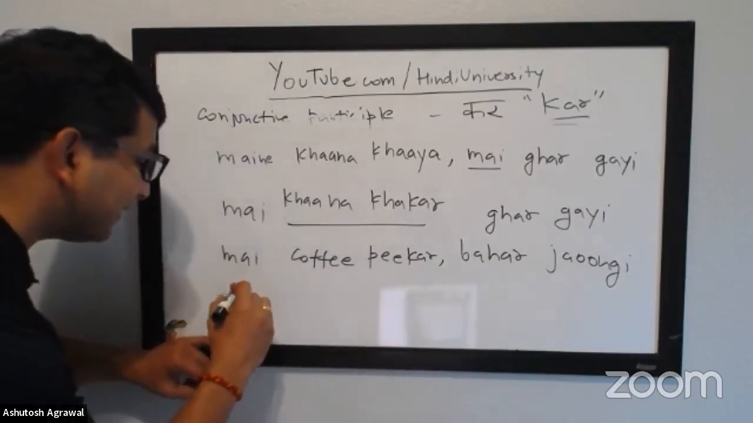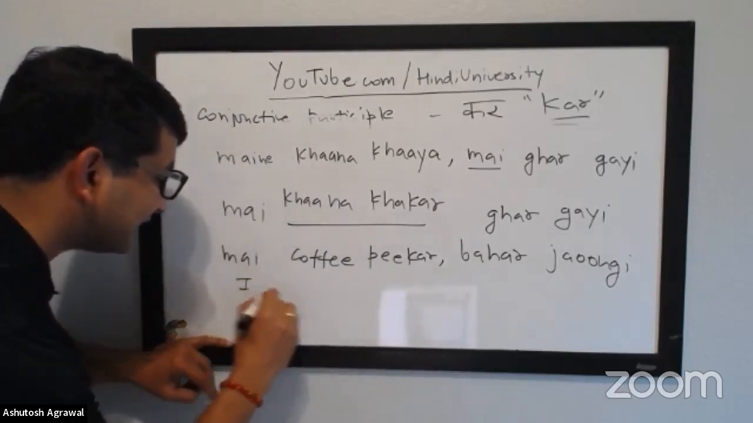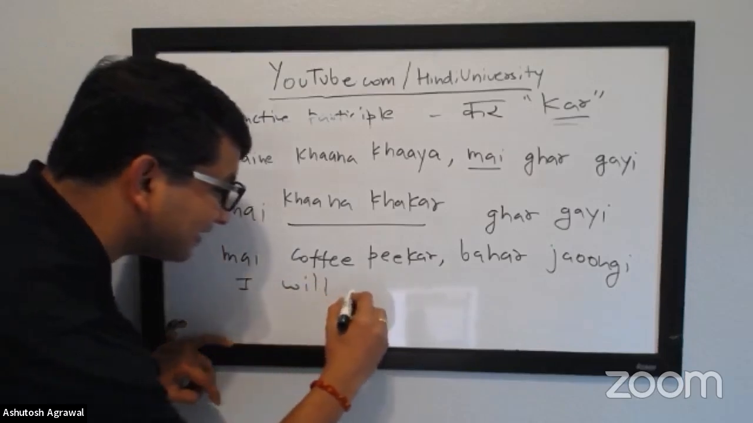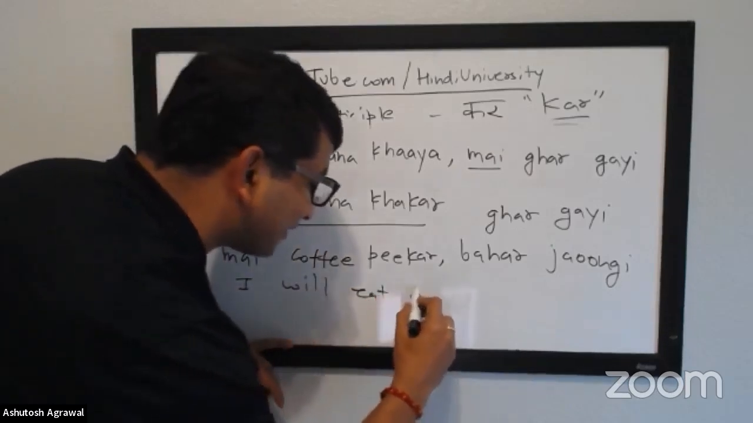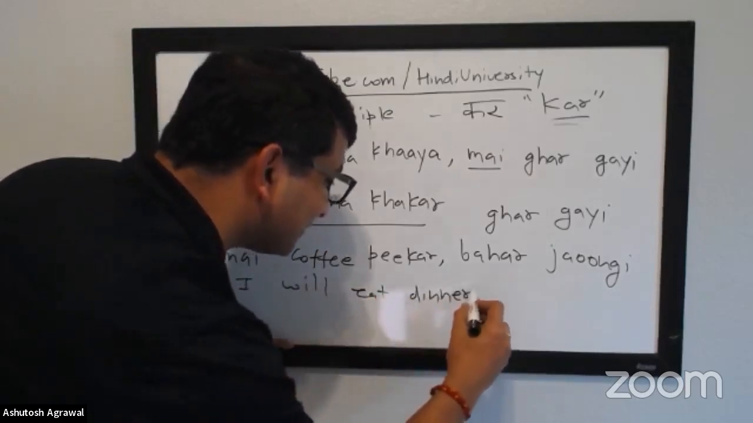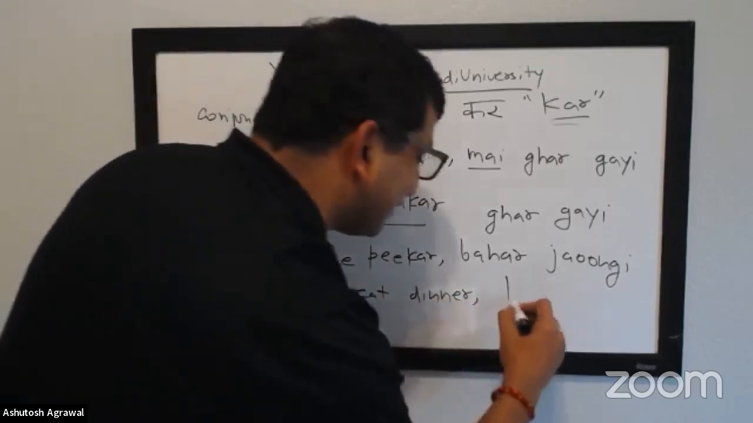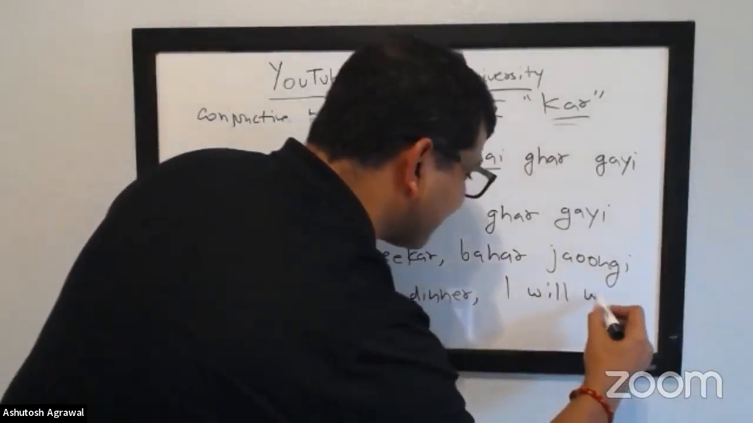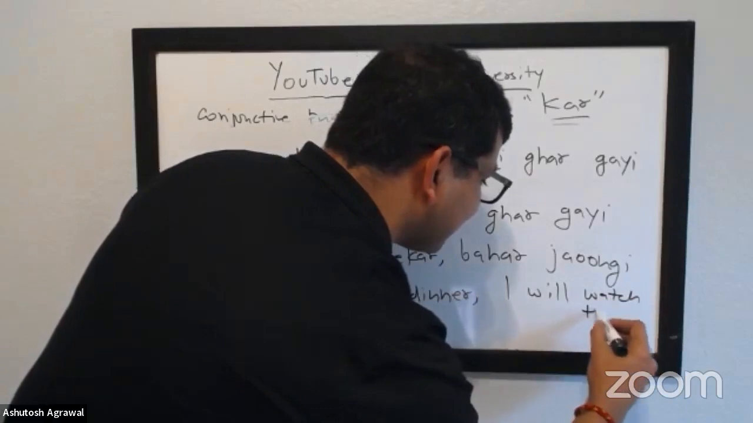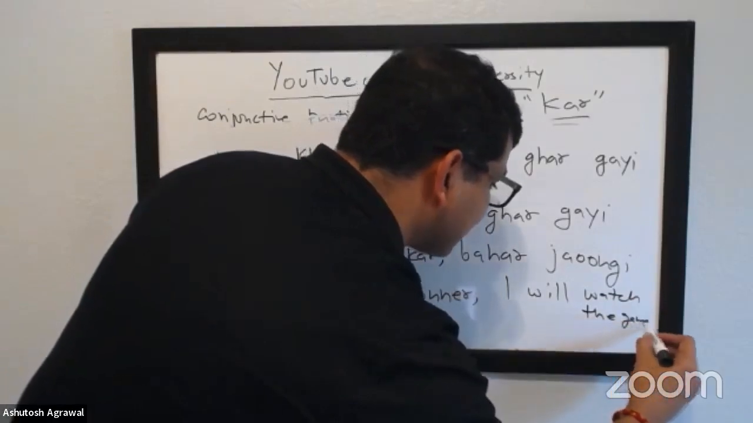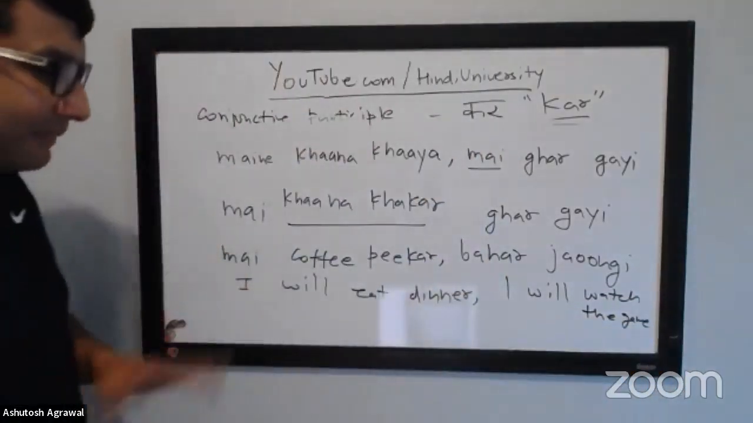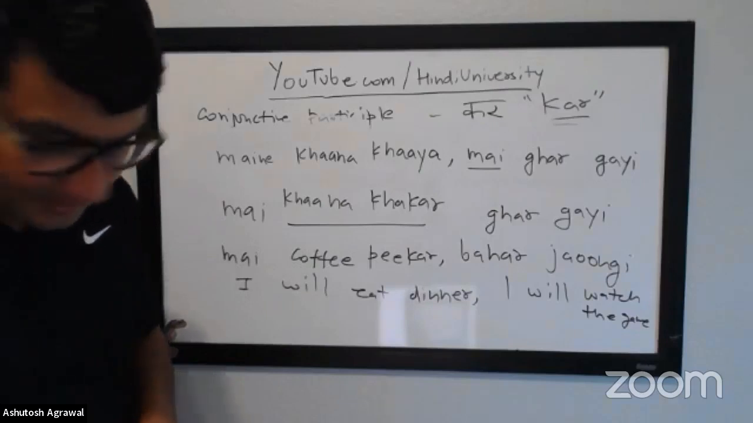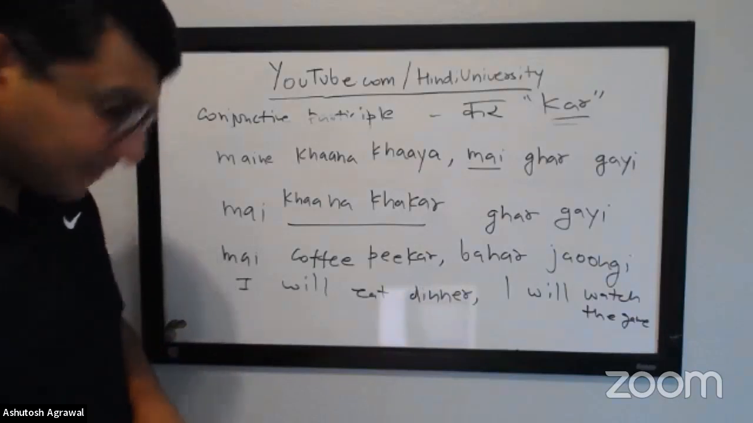So you'll say, I will eat dinner. I think it'll be dinner for us because it'll be late, but for you it'll be, I will eat dinner. I will watch the game. Start with simple sentences basically separately, and then we'll combine both of them together. So I will eat would be